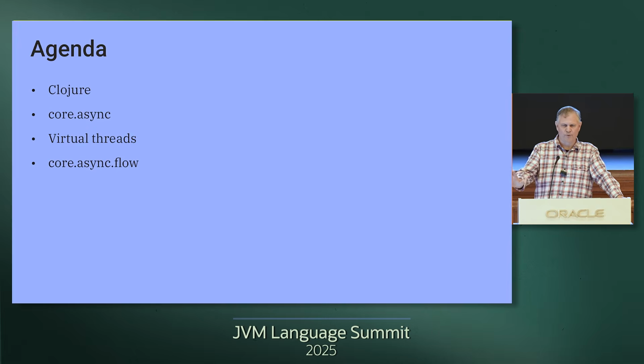And the agenda today is really 4 parts. We're going to talk a little bit about Clojure, just as a baseline. And then we'll talk about the core async library. Talk a little bit about virtual threads and how we're sort of evolving the core async library with those. And then about a new library called Flow. This kind of got in the door talking about virtual threads here. There's really sort of a bigger story here about building systems out of simpler parts with virtual threads sort of as a tool in the middle there.